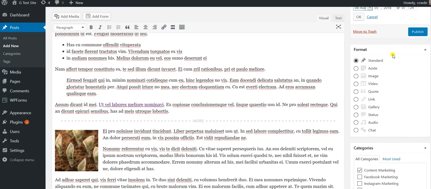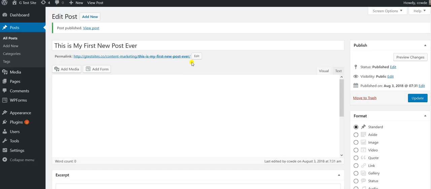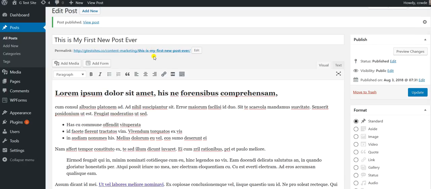And the last thing I want to show you here is the formats. Now you've got different layouts of posts. Now the standard one is the general one you're going to use, but you can also have, for example, if you have a post that's just made of images, you could use an image format, or just videos, you could use a video format. But generally what you're going to use is the standard format. So once your post is ready, once you've added your title, once you've formatted it, once you've added your images, you're ready to publish, and then you just come here and hit the publish button, and that will then publish your post. And then once your post is published, you can just click here on this URL, or you can click up here to view the post,